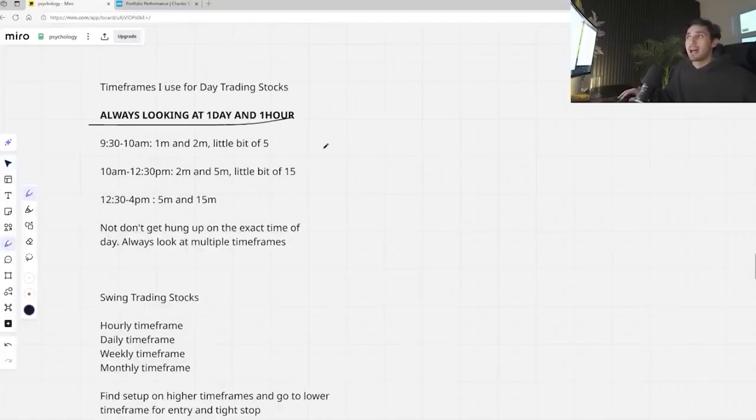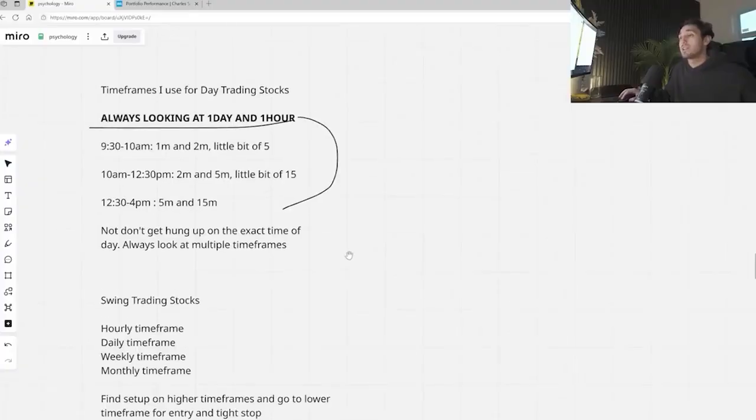And this is what I do. I'm always looking at the daily and hourly, right? So it's in conjunction. It's not like only this time frame or only that time frame. We're looking at multiple time frames, and that's what gives me an edge compared to other traders. I'm really good at analyzing multiple time frames because every now and then you'll get a setup that looks amazing on the 5, amazing on the 15, even looks kind of good on the daily, but then the hourly will